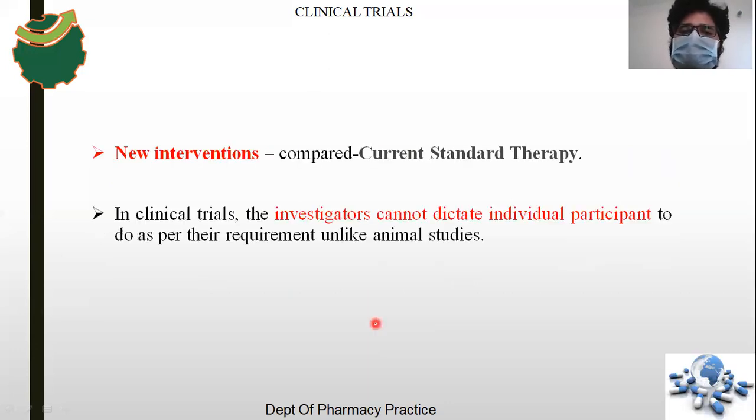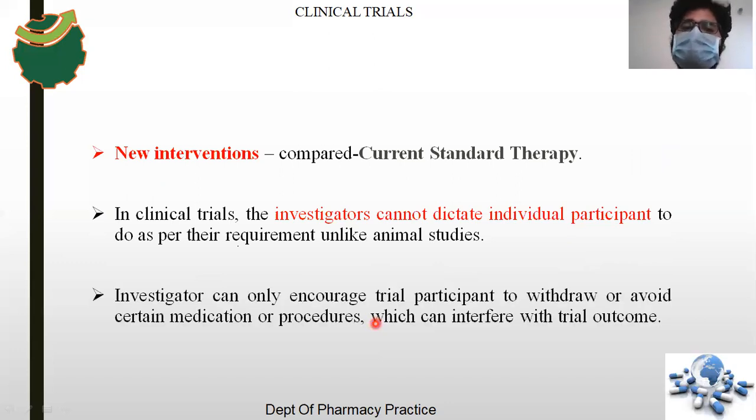Next thing is that new interventions can be compared with the current standard therapy. Supposing previously we didn't have ceftriaxone to treat so many disease conditions as a broad spectrum antibiotic, but we had some other antibiotics like first generation and second generation cephalosporins, right? But we came with a new third generation, ceftriaxone, which is almost the most widely and broadly used antibiotic in this era, okay, like that. In clinical trials, the investigator cannot dictate the individual participants to do as per the requirement,